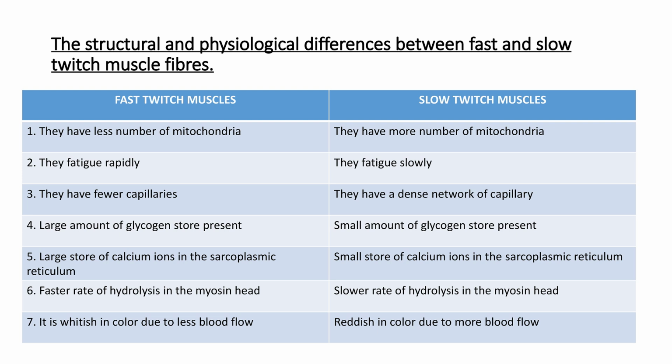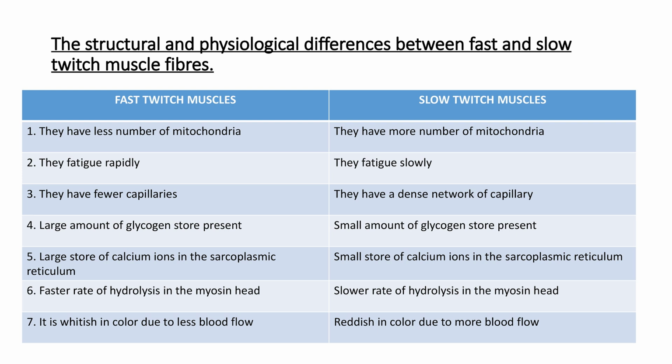Fast twitch muscles have fewer mitochondria, while slow twitch muscles have more mitochondria, which means that fast twitch muscles have a low requirement of oxygen, while slow twitch muscles have a higher